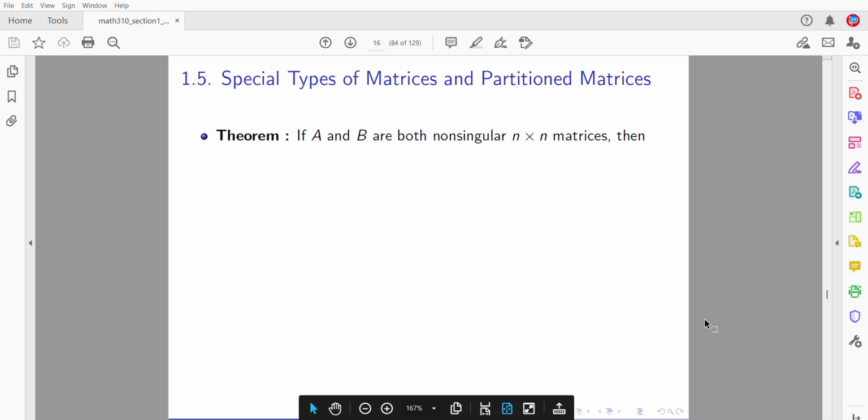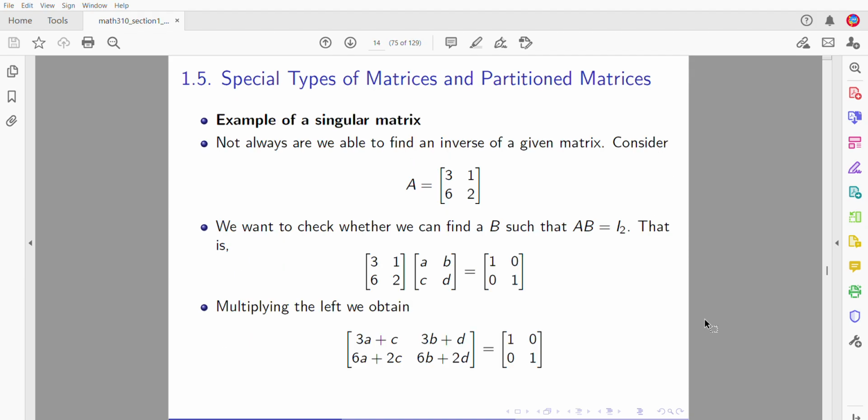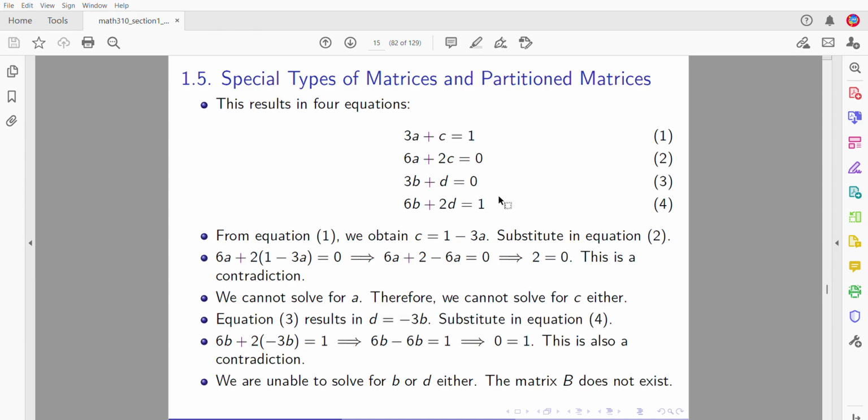Okay, so let me go to the previous page. This matrix is singular, or it is not invertible. You cannot find its inverse. Okay, I hope these 2 examples were useful. Now,